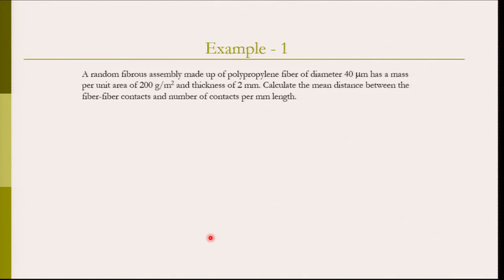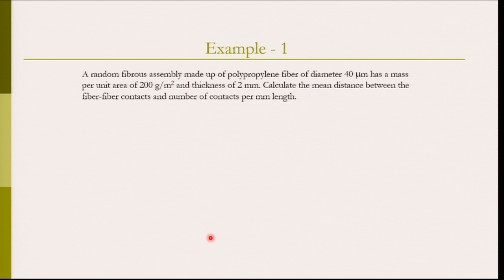So, the first example is a random fibrous assembly made up of polypropylene fiber of diameter 40 micron, which has a mass per unit area of 200 gram per meter square and a thickness of 2 millimeter. Now, we are supposed to calculate the mean distance between the fiber to fiber contacts and the number of contacts per millimeter length. So, we are going to make use of the formula which we